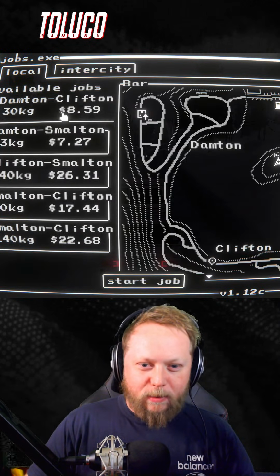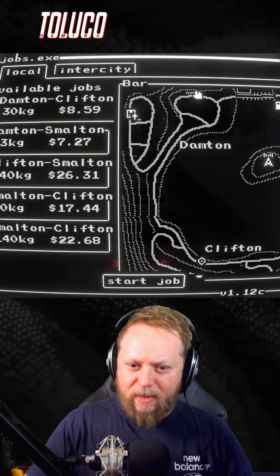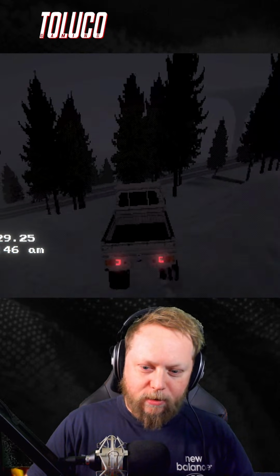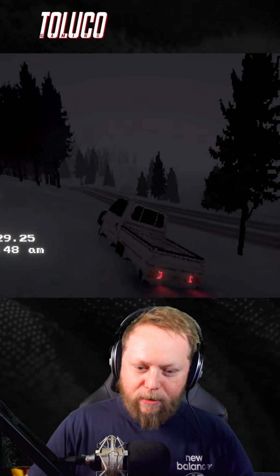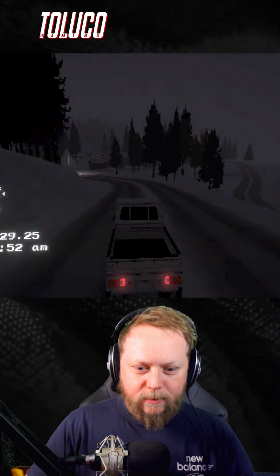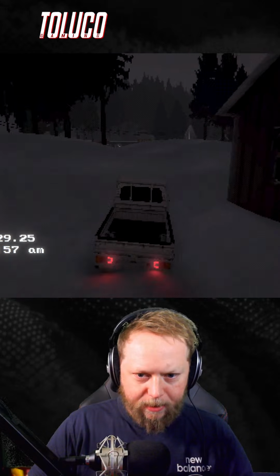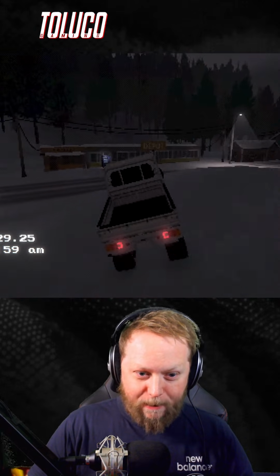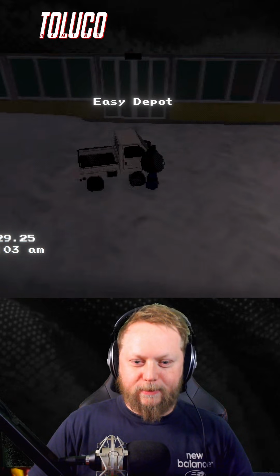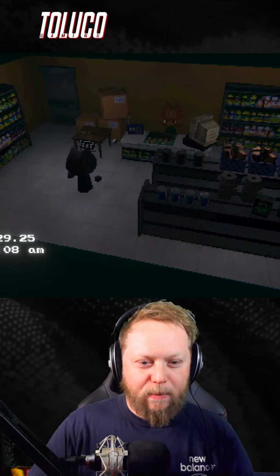Where am I going? What am I doing? What is happening in my life? I'm trying to get to this, I think. I'm just driving it. Oh, right. Let's do this. There's a ramp there as well, and I didn't even see it. Whoa. Some more buildings here. Right, I'm going to go flying right across here. Let's see. Is this the depot? Depot! Yes! Into the fish depot. Here it is.